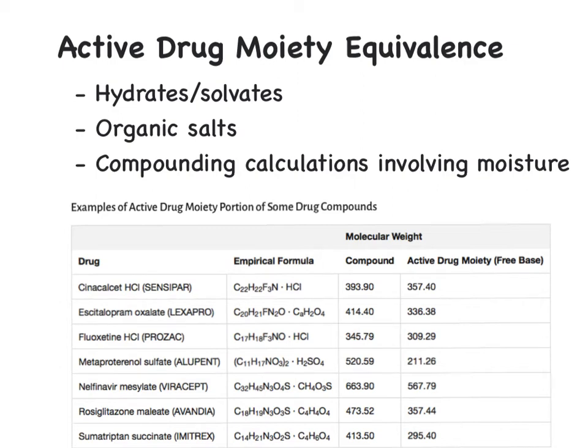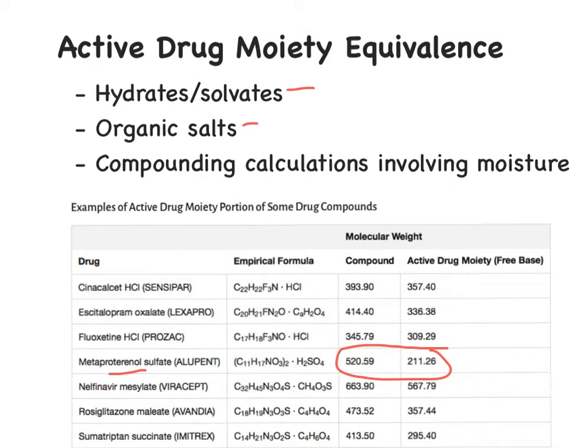Let's take a look at some active drug moiety calculations. These include chemicals or drug molecules that are present as hydrates and solvates, as well as those that are present as organic salts. So if you take a look at the table below, especially if we look at this metaproterenol sulfate, you can see that a significant amount of the molecular weight actually is accounted for by the sulfate portion